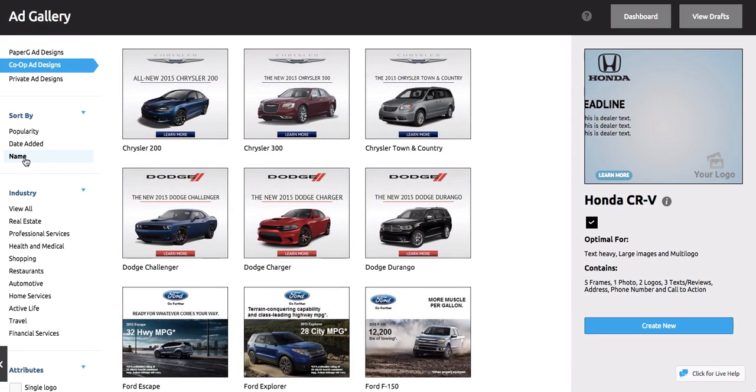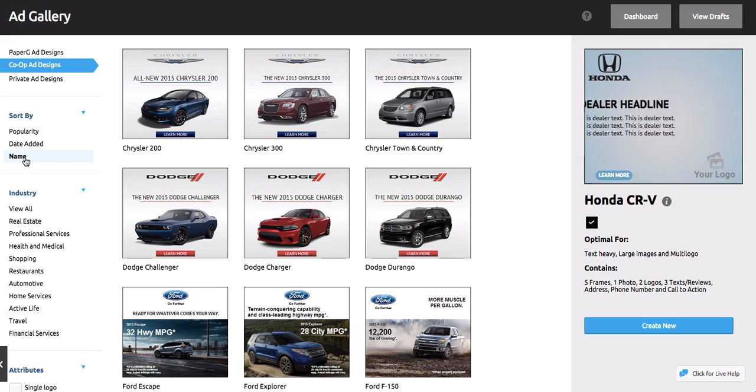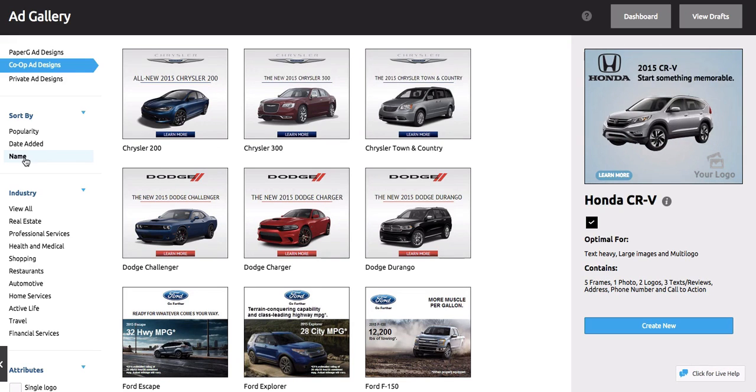So PaperG is creating these ad designs with manufacturer requirements in mind. So whenever you access PaperG's co-op dashboard, you can rest assured that the ads have been updated according to brand requirements, and that when you're ever accessing them, they are compliant. While the ads themselves need to be pre-approved still by the manufacturer, we're really taking you almost 99% of the